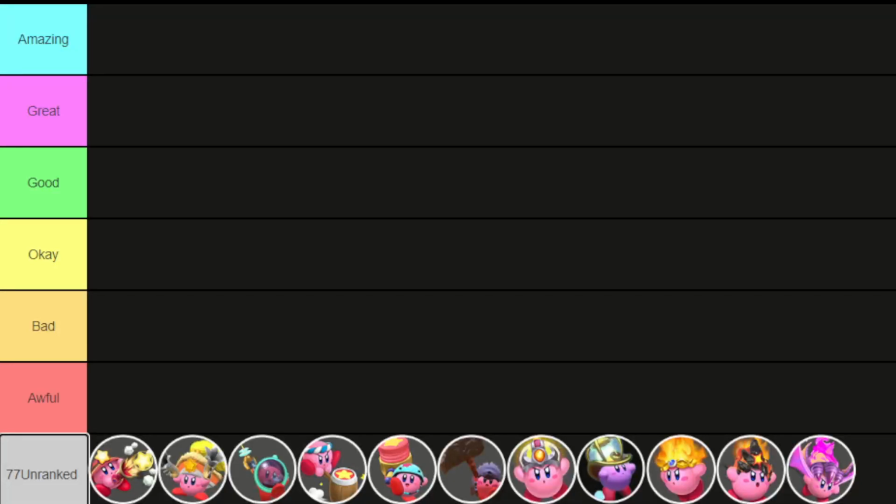Kirby fan here for a Kirby and the Forgotten Land copy ability tier list. I know a lot of what I do on the channel is copy ability spotlights where I talk about this stuff from a speedrunning perspective, but I figured today we would just do an opinion piece, so to speak. There are, with the upgrades, a lot of abilities in this game, to be frank. So I just decided that maybe it would be a little fun to talk about what I think of them